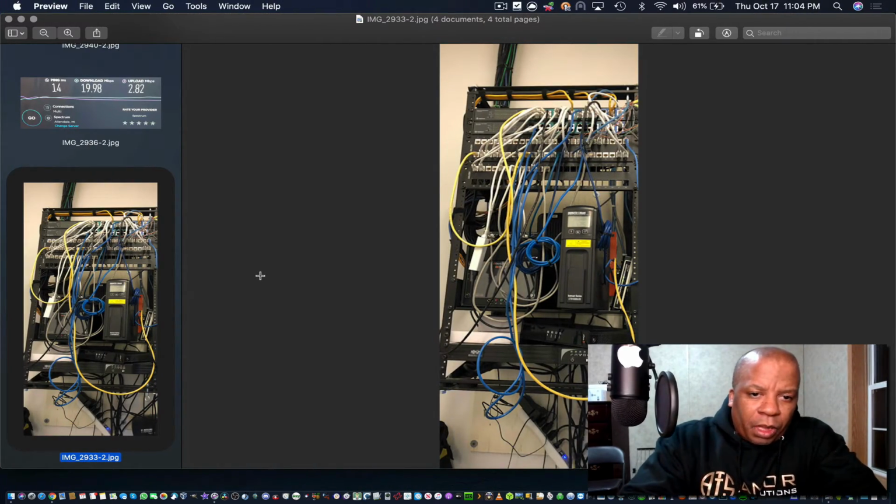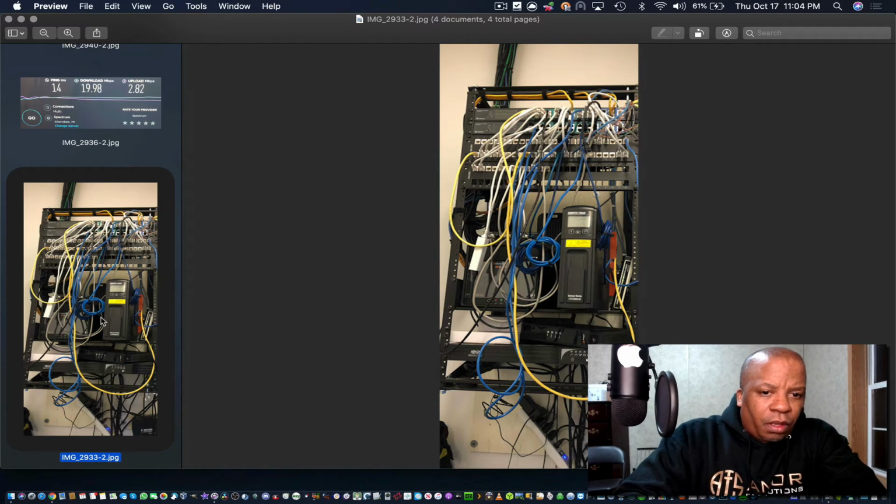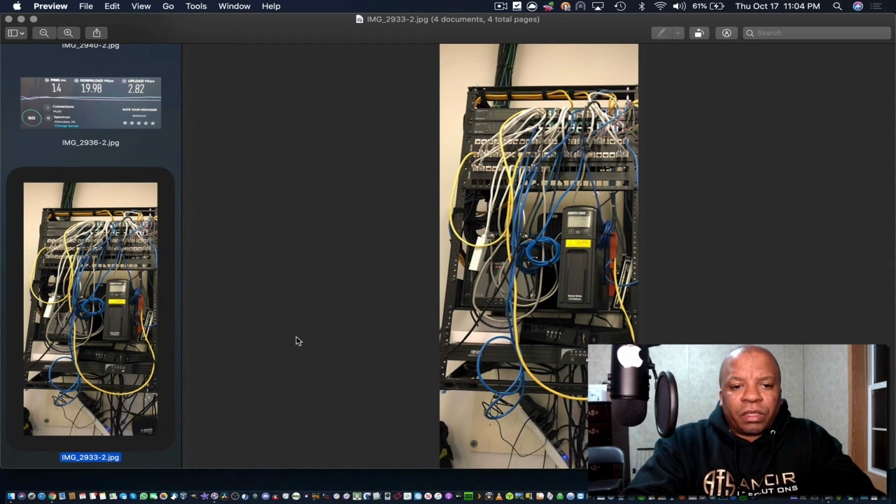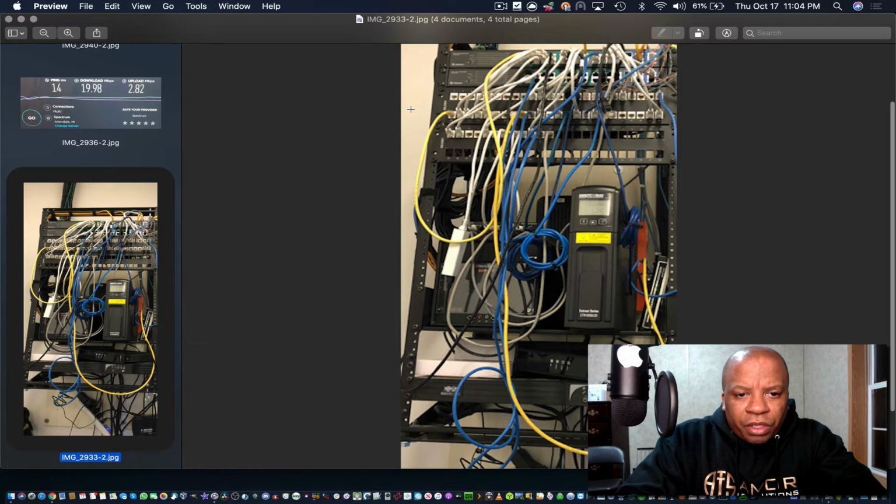So this first picture here is their network rack. Okay, and you can see at the top that there is pretty much a spaghetti mess of networking cables. This is pretty common to see when we go in and look at jobs that other people have done. To zoom in here,